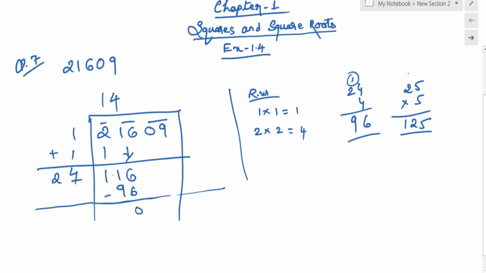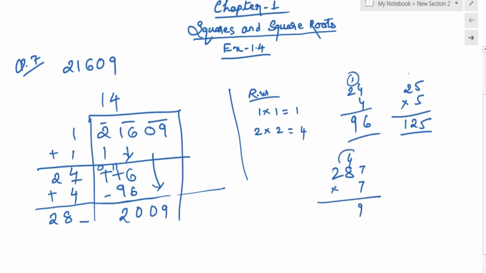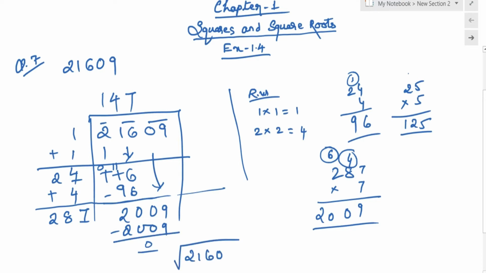Now again here 1 will become 11 and 1 will become 0. So here 6 minus 6 is 0 and 11 minus 9 is 2. 09 will come down and it will become 2009. Now we can go ahead with 283 into 3 will be much smaller, so we can go ahead with the next step, that is 287 into 7, because 7 7s is 49 and 9 will come in the ones digit. 8 7s are 56, 56 plus 4 is 60. 7 2s are 14, 14 plus 6 is 20, so exact what we are getting, 287 into 7 is 2009, the remainder is 0. So the square root value of 21,609 is